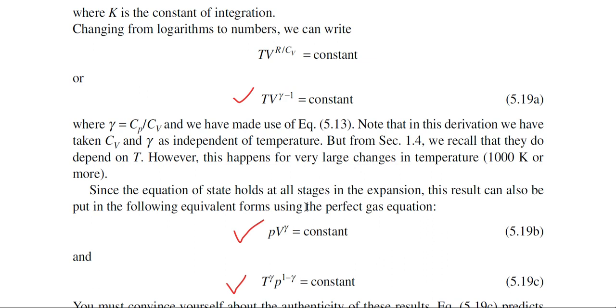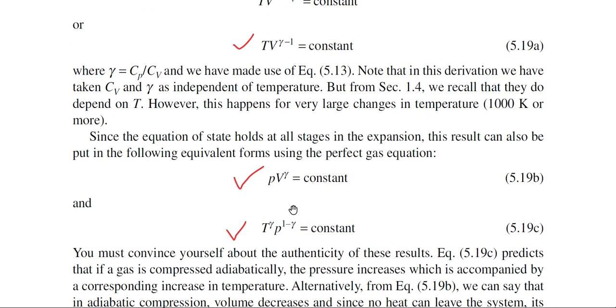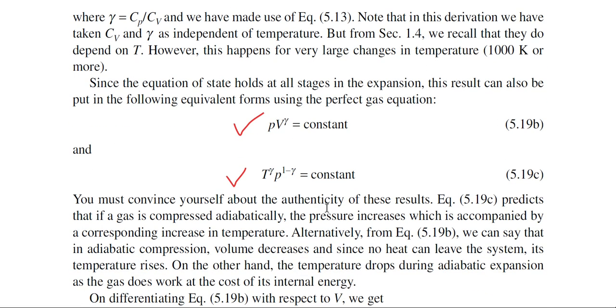Now, there are some more formulas. When we speak about the adiabatic process, there are some relations. The relations are either between temperature and volume, or between pressure and volume, or pressure and temperature. Three relations are there, and this particular relation T V to the power gamma minus 1 is equal to constant is known as the T V relation. And the relation between P and V, P V to the power gamma is equal to constant, is known as the P V relation. And the relation between temperature and pressure is known as the T P relation.